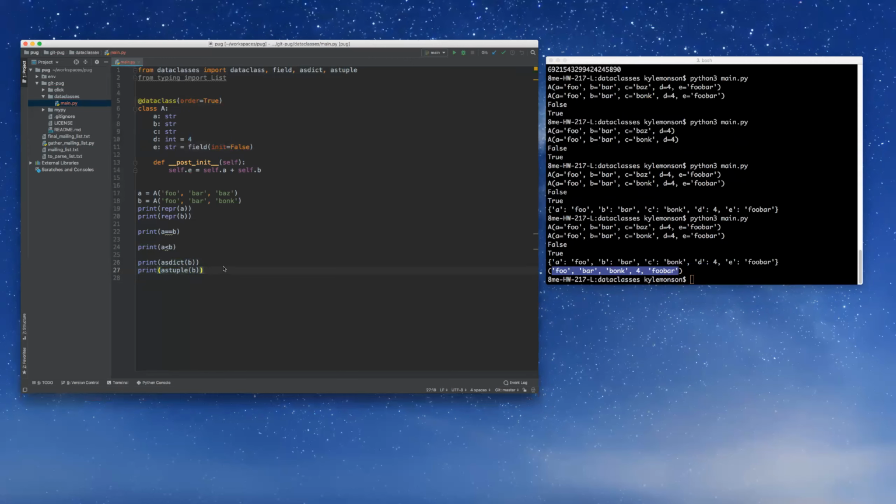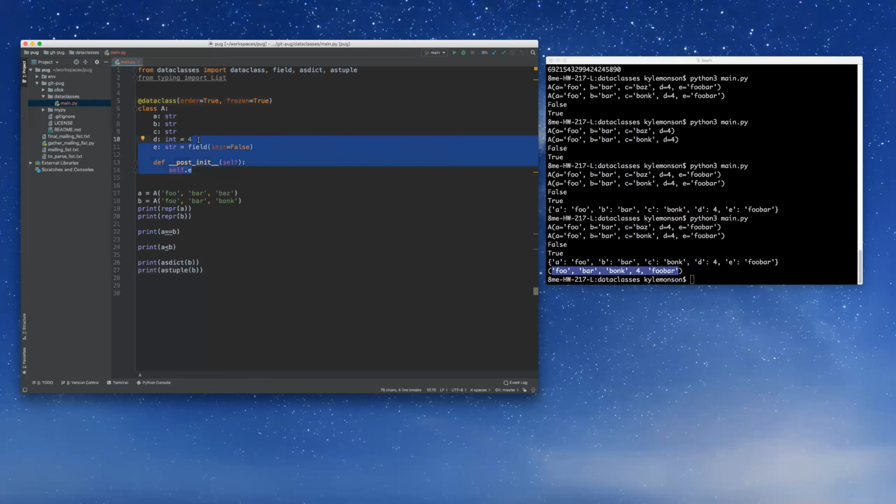Okay. There is the replace method. Brandon, do you know off the top of your head how to set the value of E in post-init if our data class is considered frozen? Would we just use set attribute? I wasn't able to figure it out. I have the same type of issue. Okay, so you've tried to do it and you haven't been able to get it to work? Yeah. Okay, well then